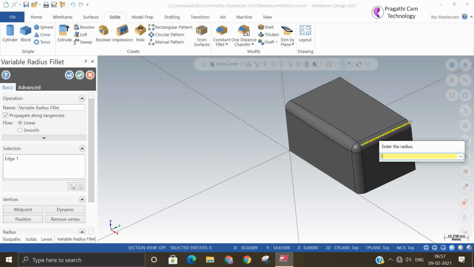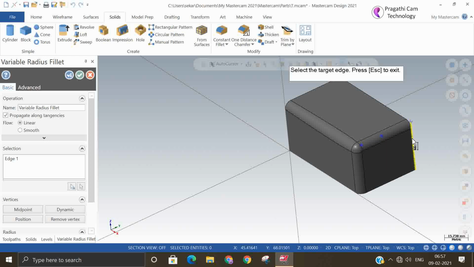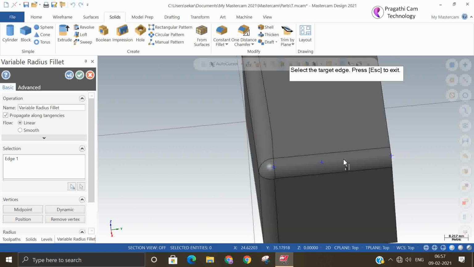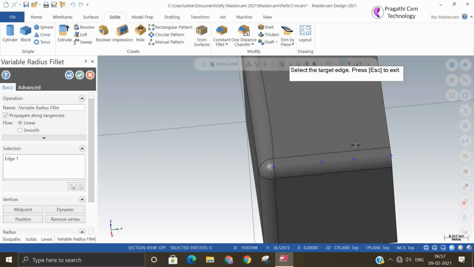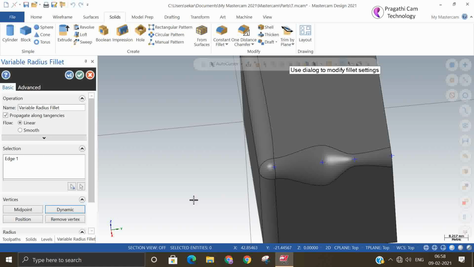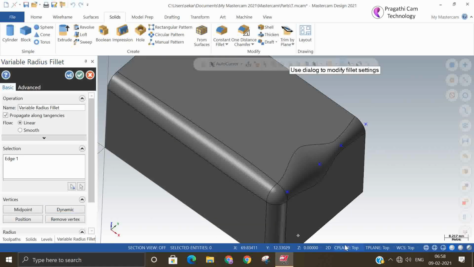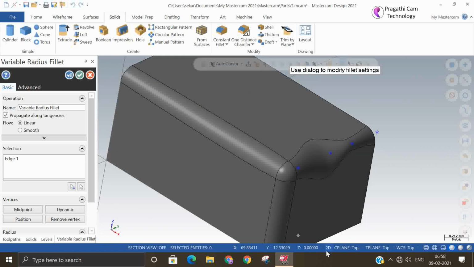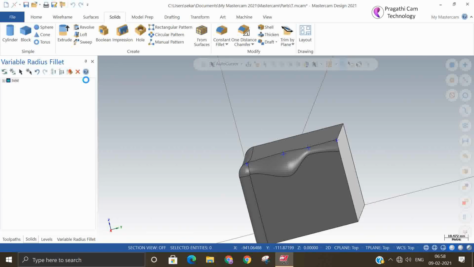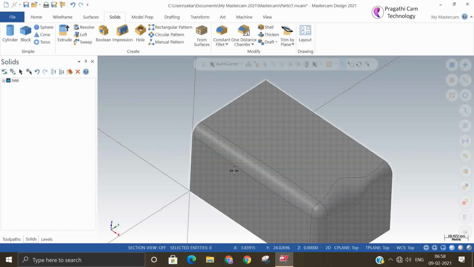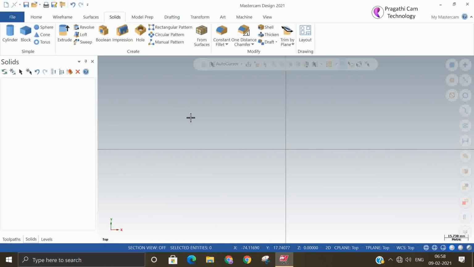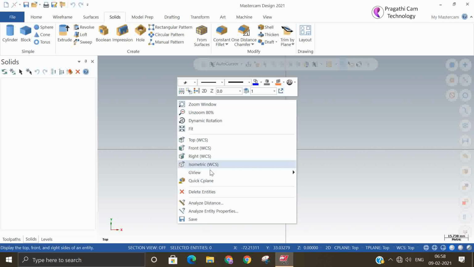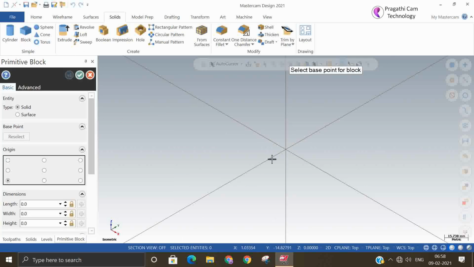This point. So you can give add. Practically we are not going to use the variable fillet anywhere. So that's for the knowledge purpose I have shown this. Okay. So next we will see the shell option.